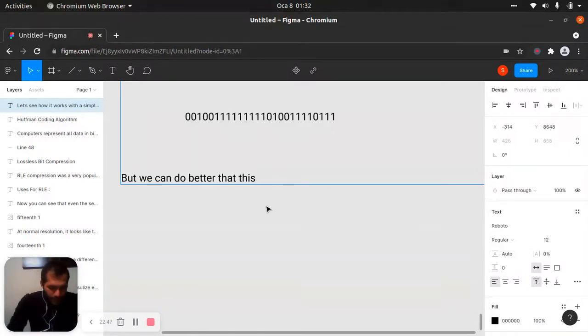We can do better than this. So, in the short sample text above,